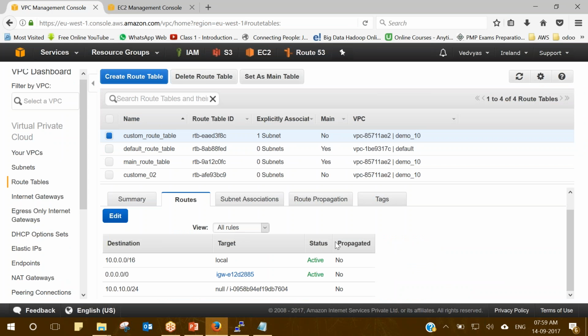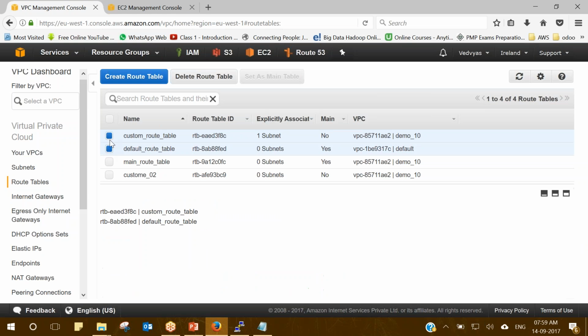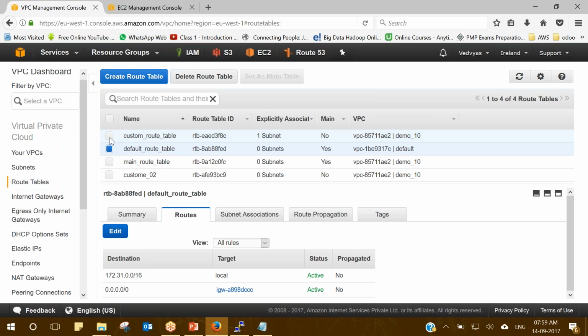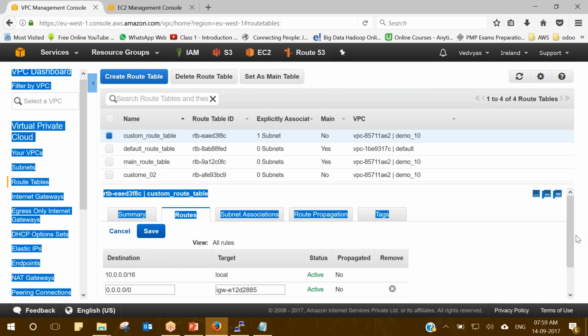We have not added the route to the custom route table. So we have this custom route table and